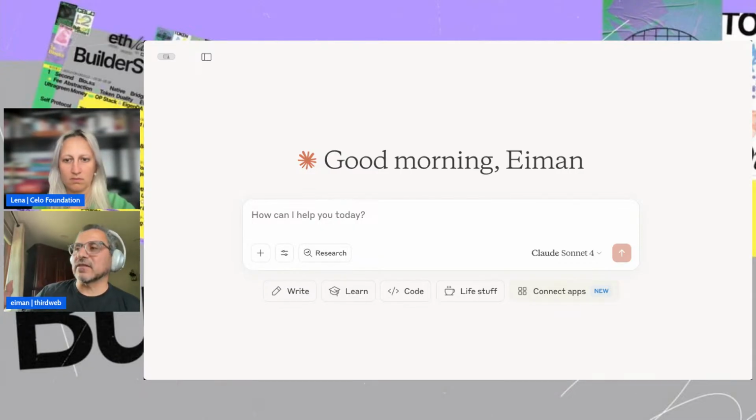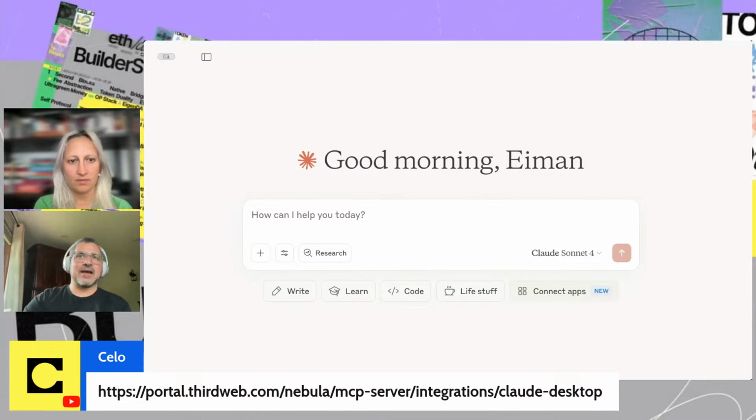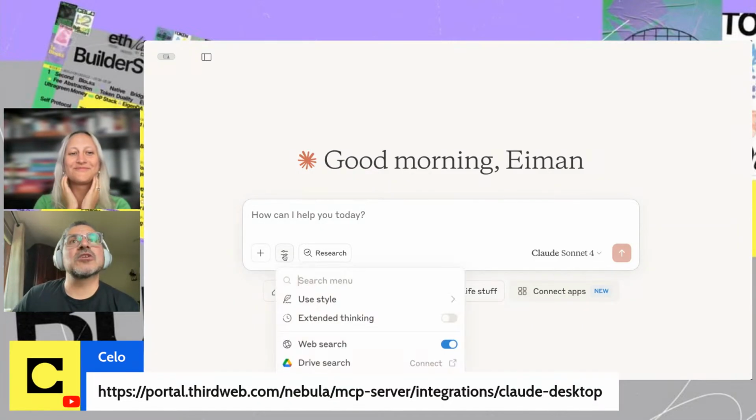What you need is a thirdweb API key. If you go to thirdweb, open up an account, and create your first project, you can grab an API key from there. If you put that into the configuration of your Claude, and you do it correctly, then what should happen is,